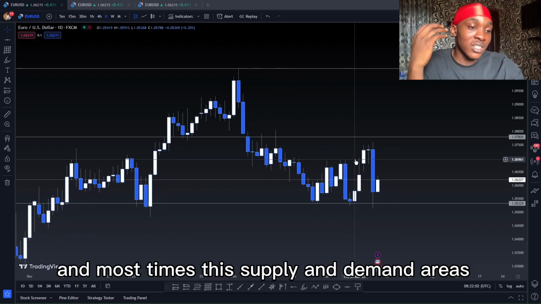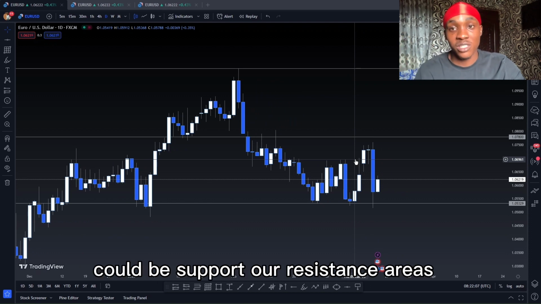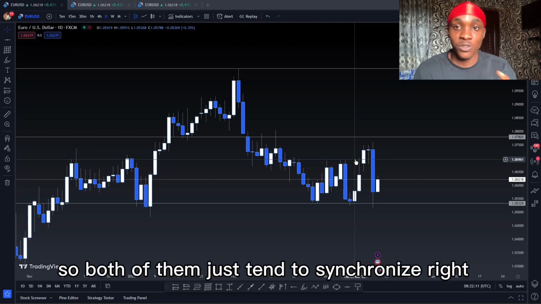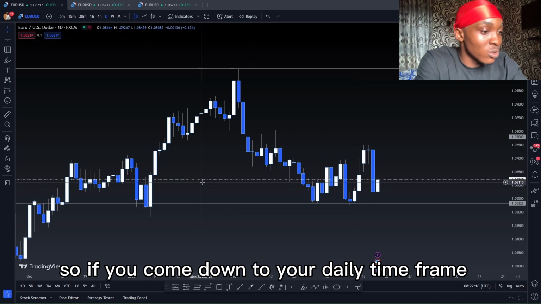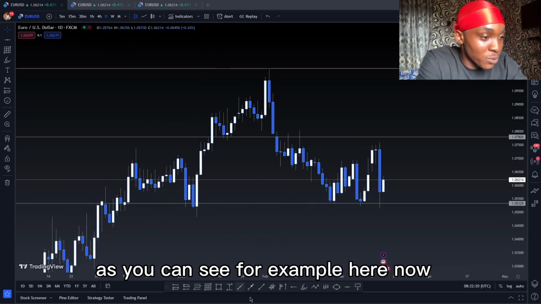And most times these supply and demand areas on your daily time frame could be support and resistance areas on your weekly time frames. You understand? So both of them just tend to synchronize, right? So if you come down to your daily time frame, you can plot out supply and demand areas. You can see, for example, here now,